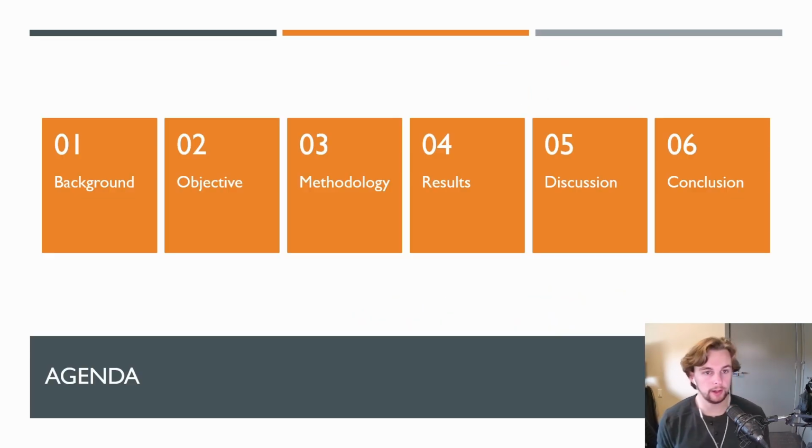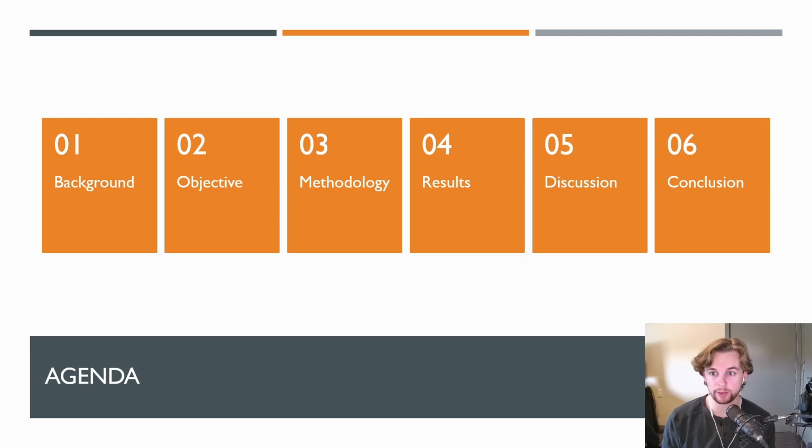Today in this presentation, we're going to talk a little bit more about the background. I'm going to talk about the objective of the article. Then the methodology, where we'll examine the data that they used and what they did to the data to create the models. Then we'll examine the models and move on to the results and the interpretations we can derive from the models.